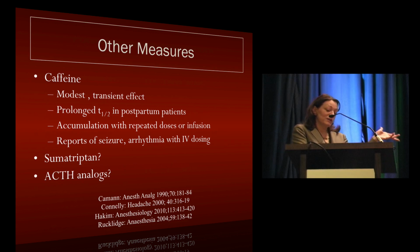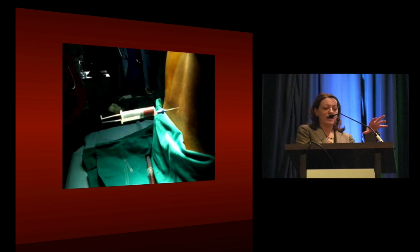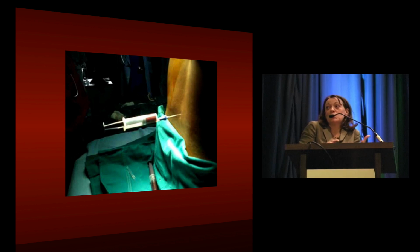I found this picture on the internet, as you can guess. I like it because it's just suspended in midair there. I don't know, I usually hold on to my needle when I'm doing a blood patch, but